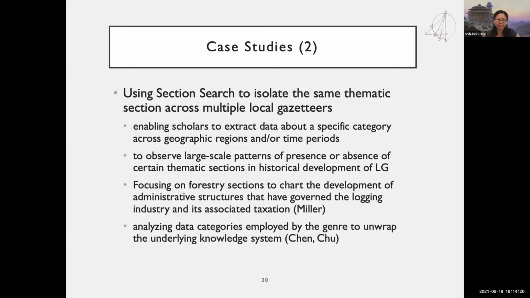And then the second use case is to use section search to either isolate the same thematic section across multiple local gazetteers, or to observe the large-scale patterns of specific sections, like the Xingye Fenye that I told you about earlier. And Ian Matthew Miller also used section search